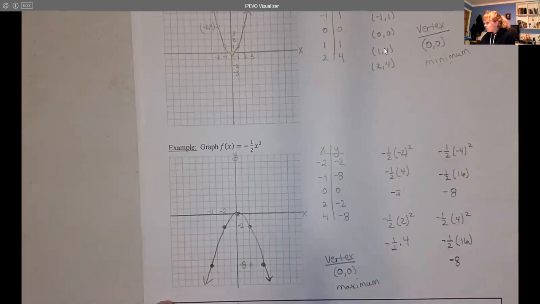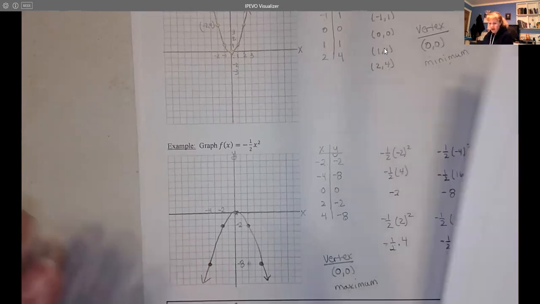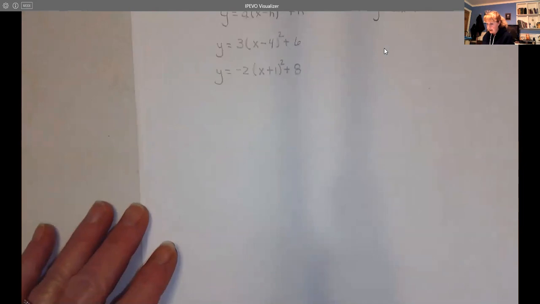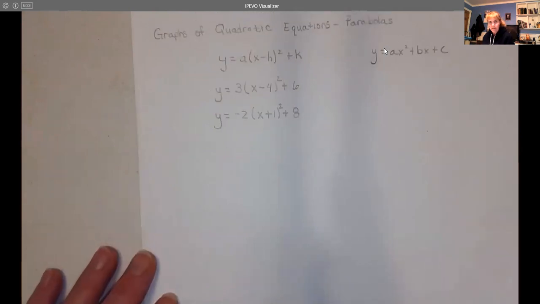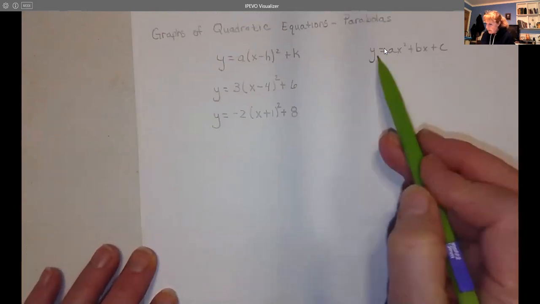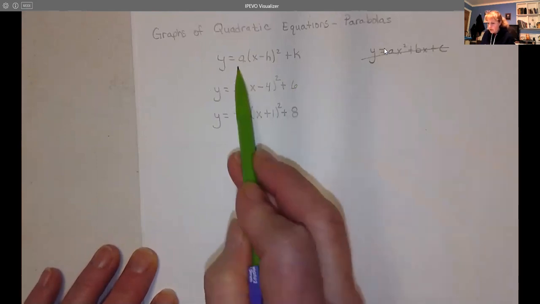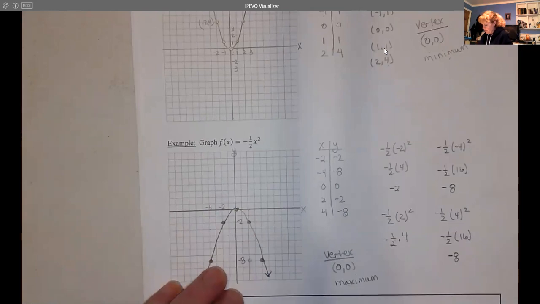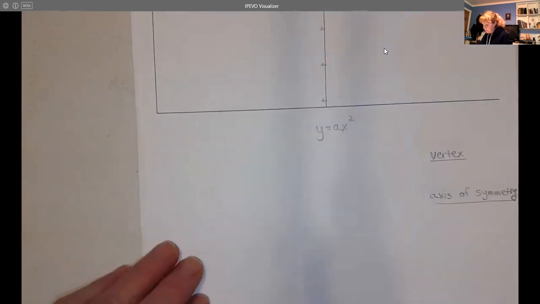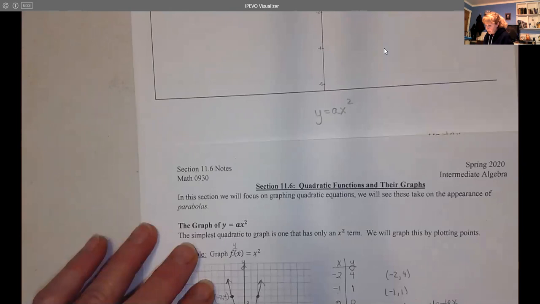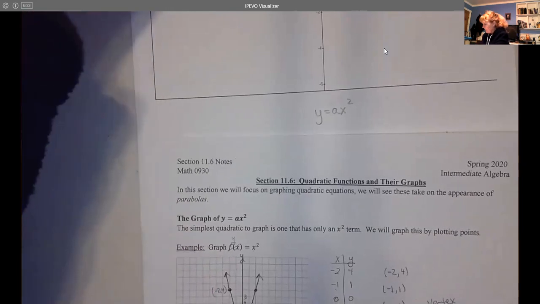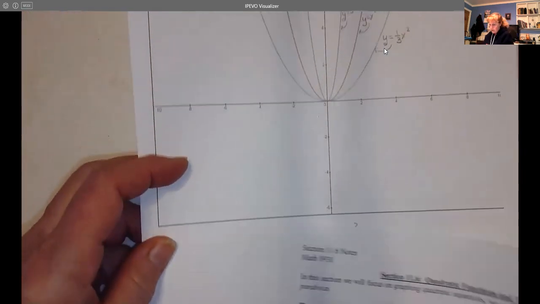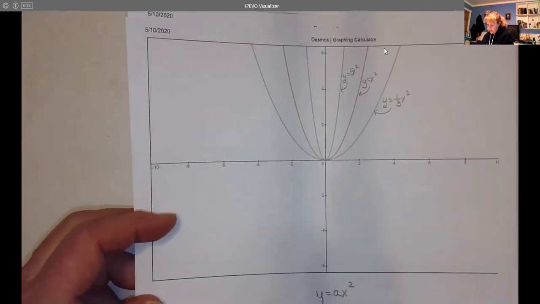Well, now that we have a basic graph, a basic understanding, plotting points, it's a good review. Okay, we're not going to be doing this. We're going to look at the A. What exactly does that A do, that number in front of the x squared? Well, this is not a part of the notes, but what I did here, let me move this down so that you can see it, is